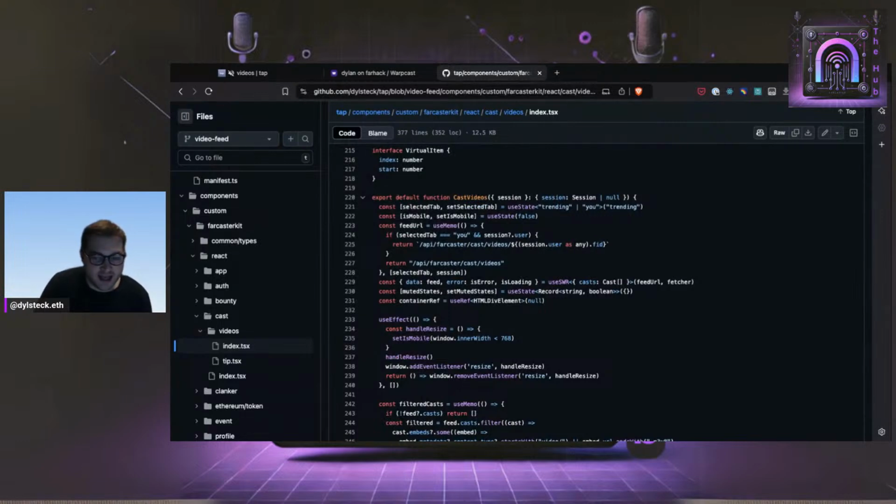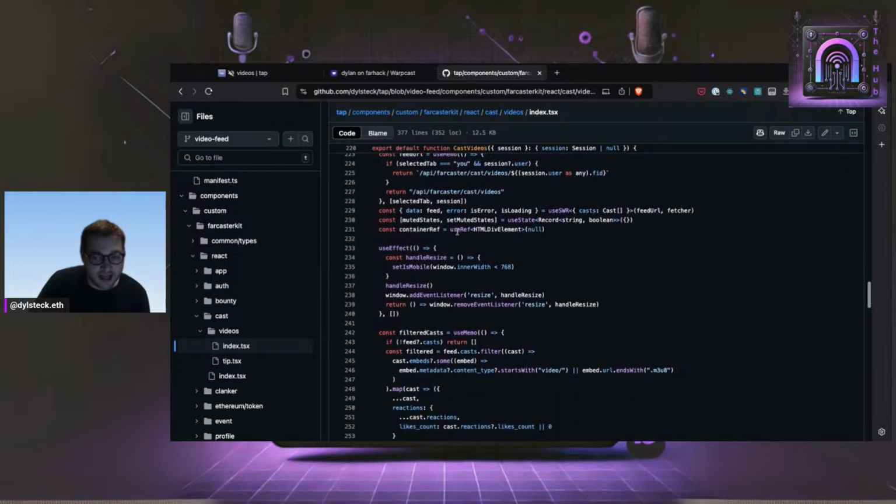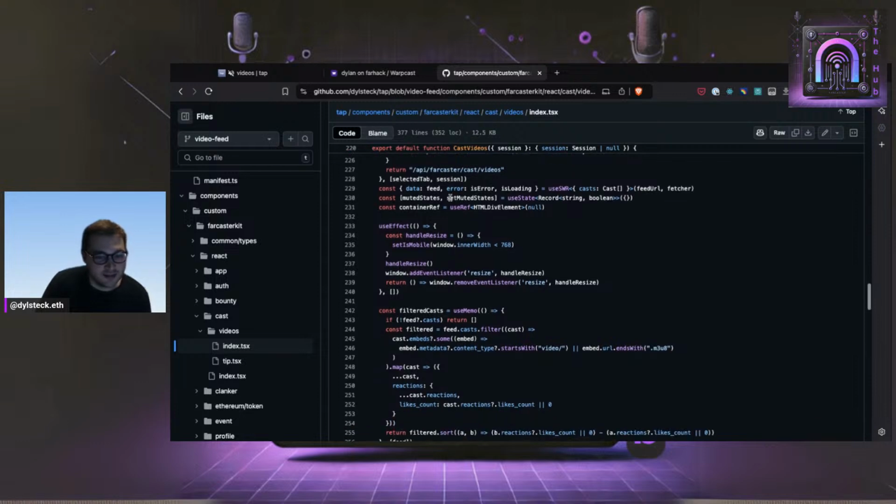It is just taking in the session for certain things, like if you're logged in and the selected tab is you, there's a "For You" tab, then we should be changing the API route so that we're getting data for you. And the API route is basically the same one I just showed you, it just takes in an extra prop of the FID, and that is added to the Nanar query. We're using SWR, stale-while-revalidate, to get the data. Here is the hook, pretty simple.